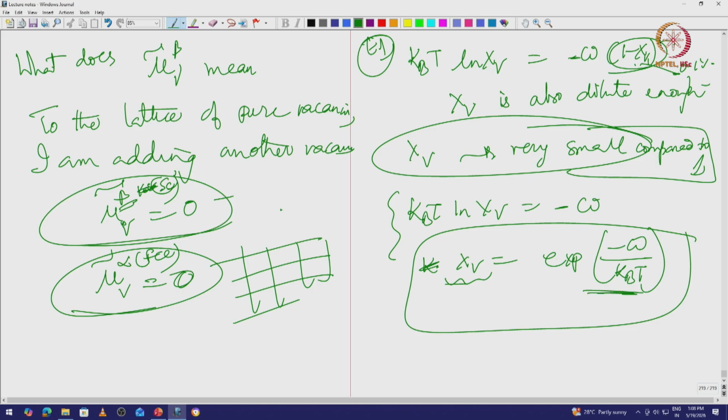And so it goes as exponential minus omega by kBT, where omega is my interaction parameter, right. In other words, omega tells me the difference between EAA minus EAB or the other way around,